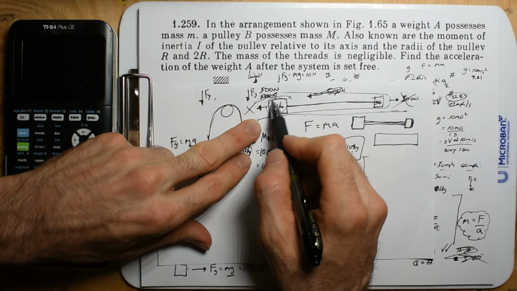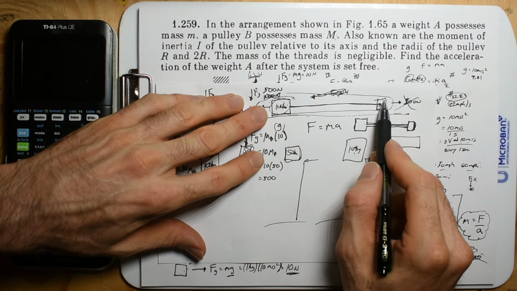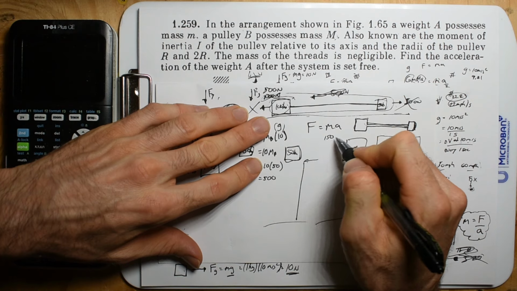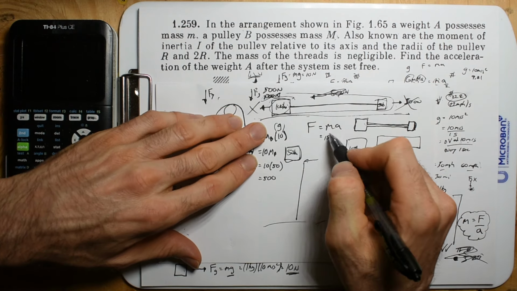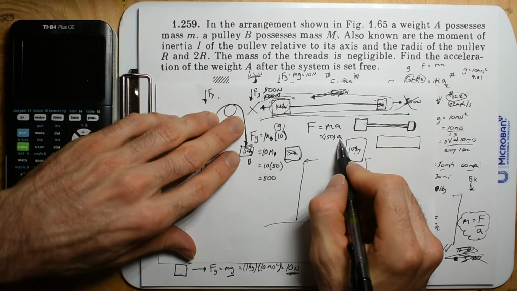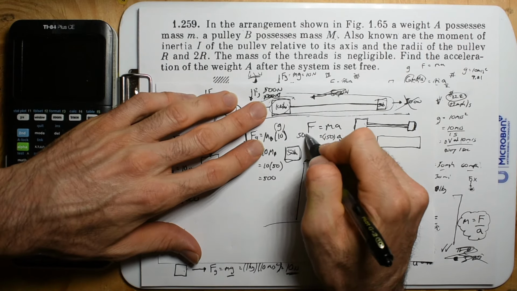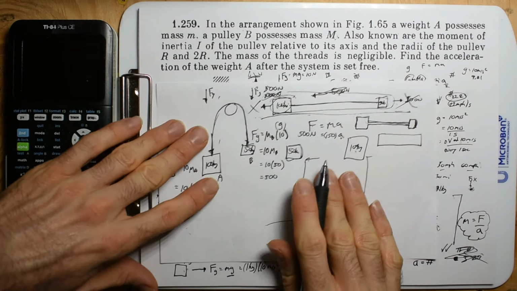And so what we're getting at is that the total mass of this, for this scenario, is 150. But then that's the mass. We want to know the acceleration. The only driver is 500 newtons. And so